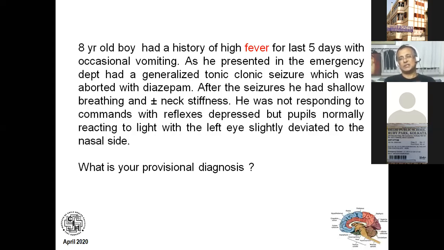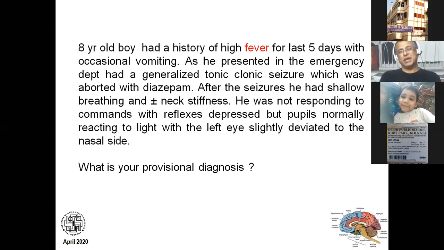So again, it is a case of acute onset fever for only 5 days, followed by change in the level of consciousness. And also the child has a generalized tonic-clonic seizure, after which the child was not responding for a long time. So definitely it is a case of acute encephalitic syndrome. But when we say acute encephalitic syndrome, we don't only mean encephalitis. It is rather a meningoencephalitis, because encephalitis and meningitis are not watertight compartments. One can involve the other. So most likely it is a case of meningoencephalitis.